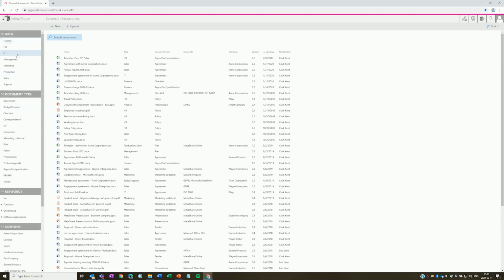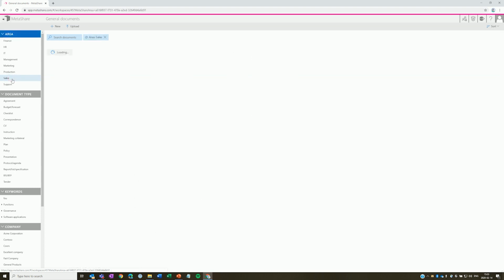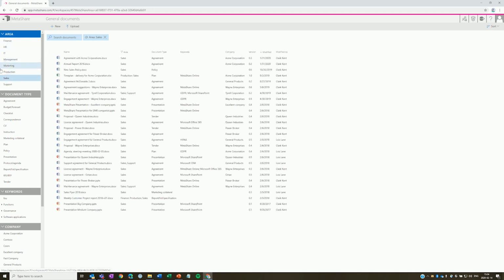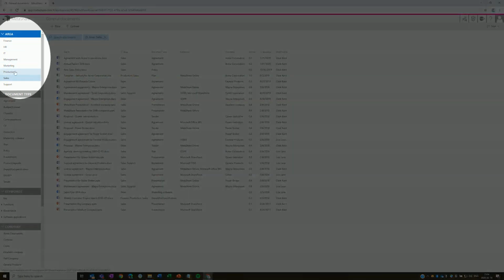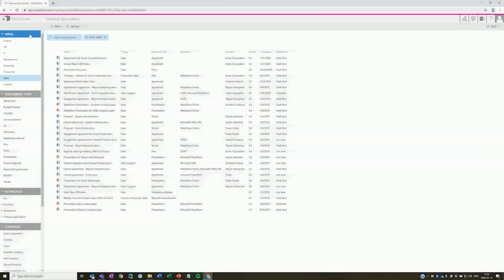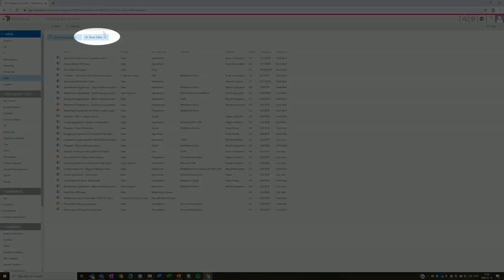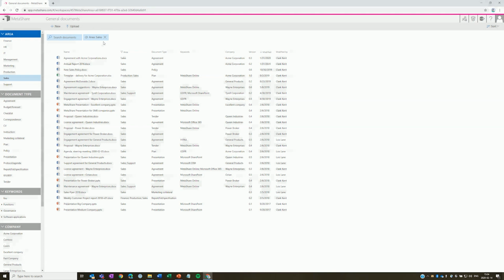So I could start by selecting sales as a business area. What happens when I select one of these filters is that the applied filtering dimension gets a blue color, and the choice that is selected also gets a blue color. I get a breadcrumb on the top of my list that indicates that I'm now filtering on sales as an